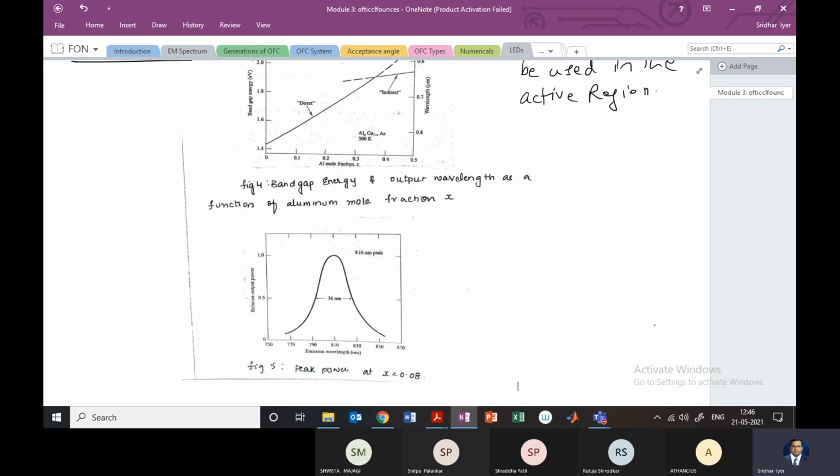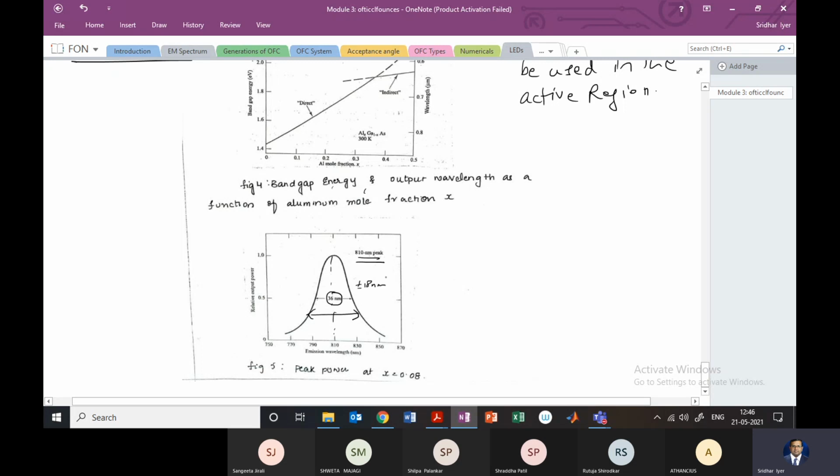It shows you the center wavelength of an LED, right? If I draw a dotted line, you can see that the center wavelength is 810. That means we are expecting the LED to work at this wavelength. However, the LED is giving us some spread out light, and that amount is 36 nanometer, right? So the peak is 810 nanometer, but the LED is giving us 36 in total, so 18 on one side and 18 on the other side. So it's plus minus 18 nanometer, right?